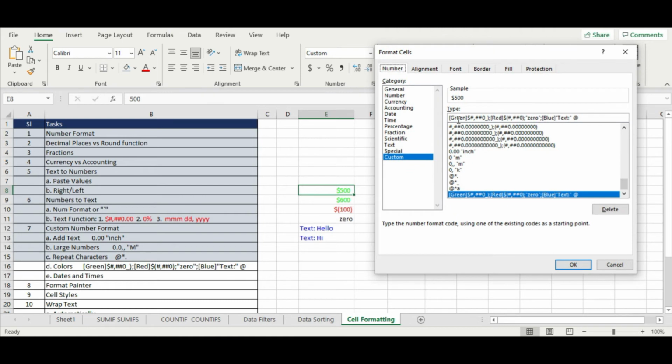Green for any number that is positive, then a semicolon. That means one formatting is done. Now the next formatting is red for any numbers in brackets. If you've seen before, in accounting formatting all negative numbers are shown in brackets. So that's what we indicate over here. Anything in brackets, meaning anything negative, becomes red in color. 0 is indicated as 0. And blue for any text,